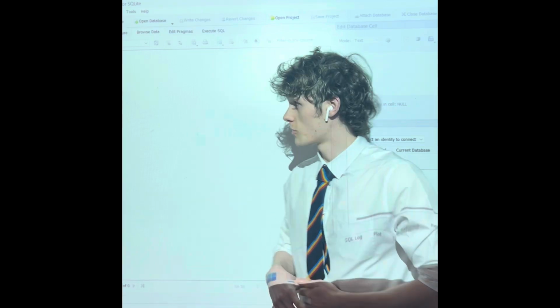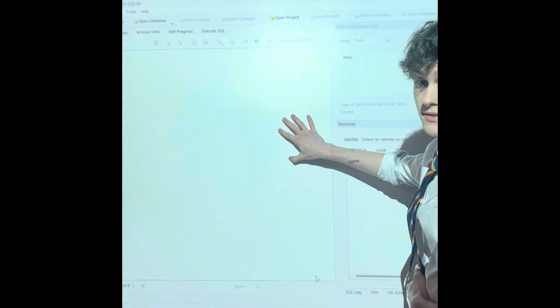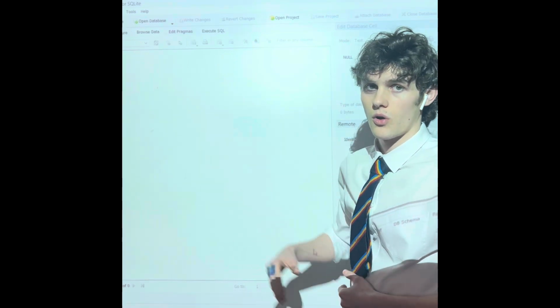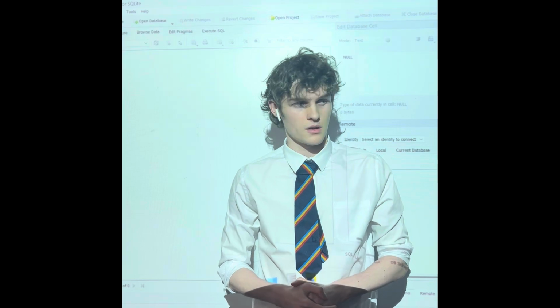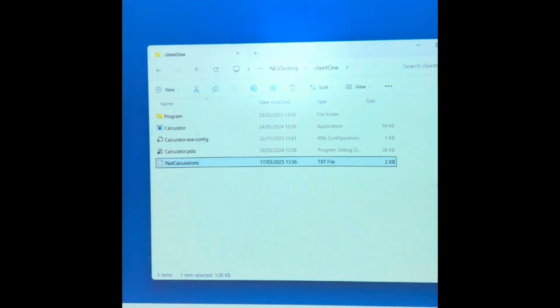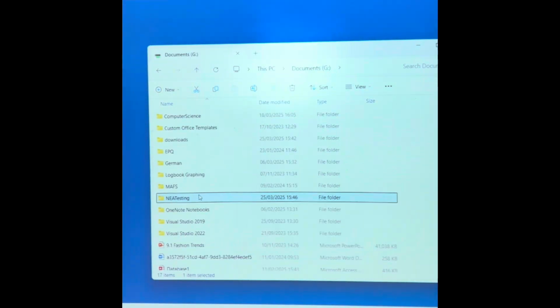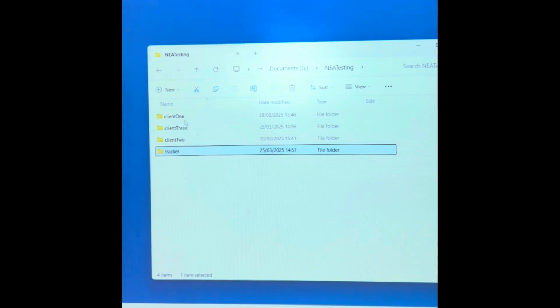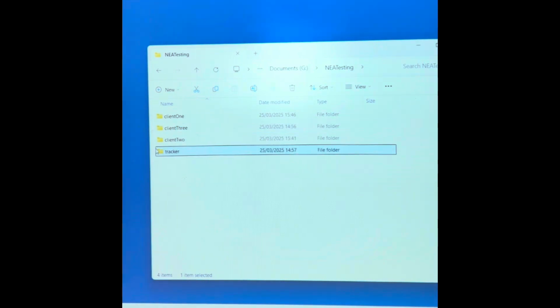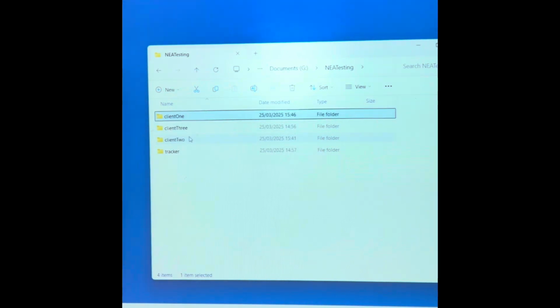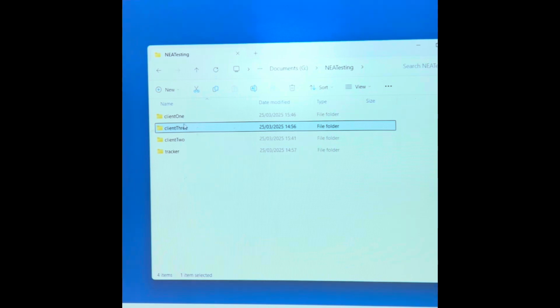Throughout these processes, we'll be taking a look at a database like this, which will store all of the records and clearly show how the program is working. Furthermore, the aim of this will be to take these programs, the tracker, client 1, client 2, and client 3, set up the tracker, stored in here, then set up client 1, client 2, and client 3,